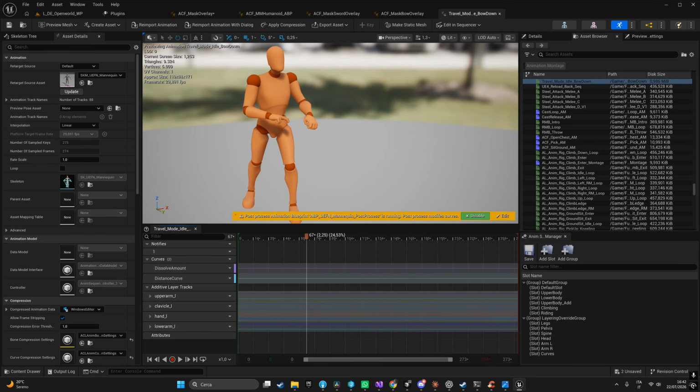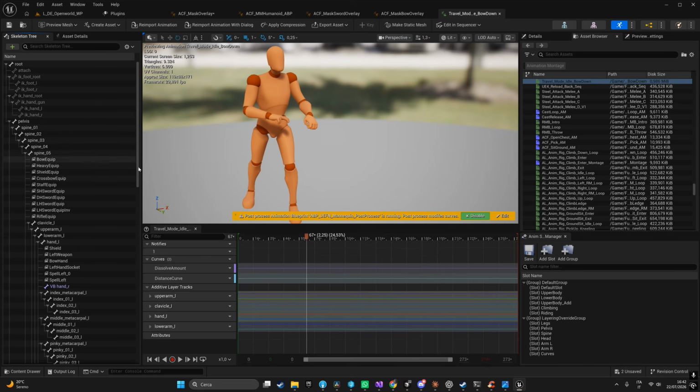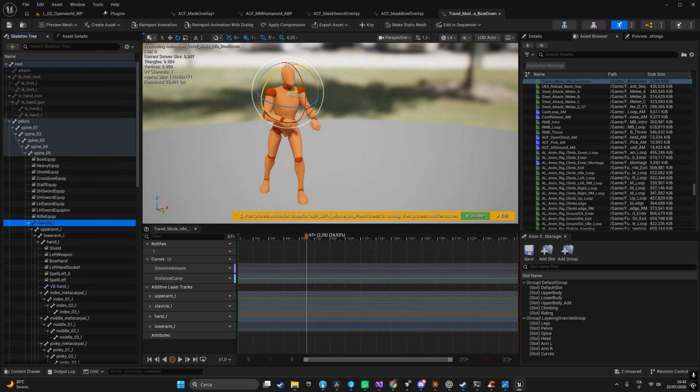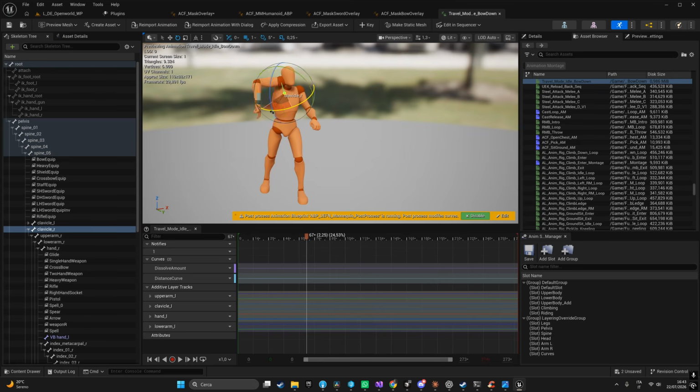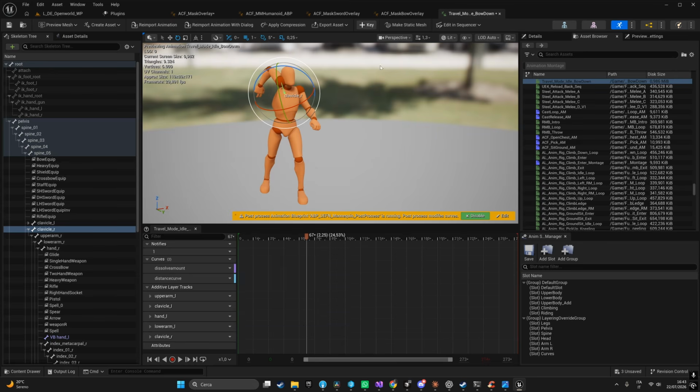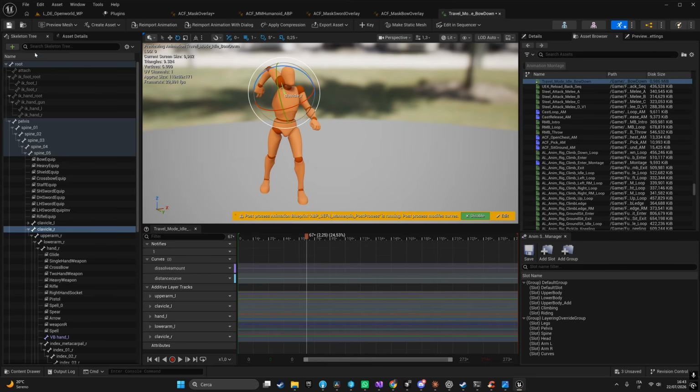We just select the skeleton tree. This is just an example, don't take this as something meaningful for your animation. We select the clavicle, we move it like this, we add a key, we save,